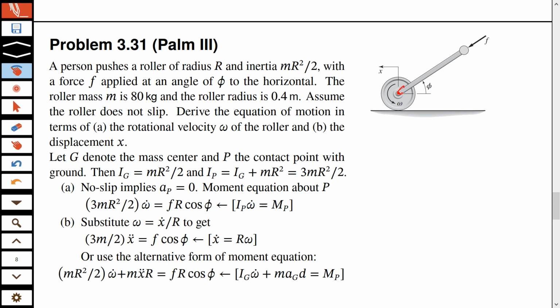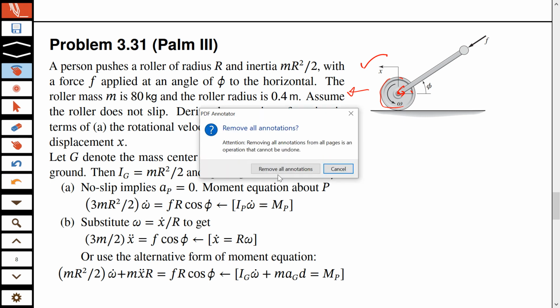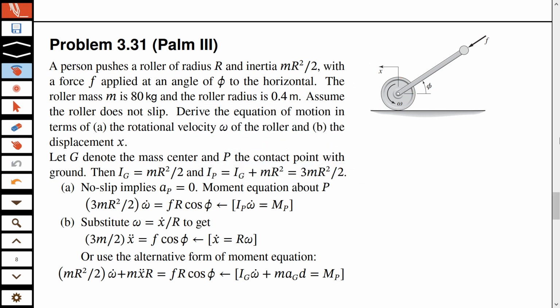If this is our G, so writing a rotational equation about G will not help us, because we know that this roller is translating as well as rotating. Yeah? So if we choose point P for example,